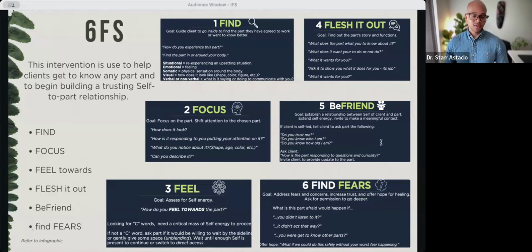Then you transition into putting more of that focus on that part. How does it look? How is it responding to you? Putting the attention on it. What do you notice about it? Is the part carrying any shape, age, color, etc.? Can you describe it? Then you get the client into feeling towards, and I feel like step 3 is